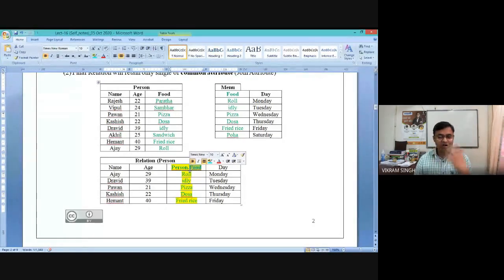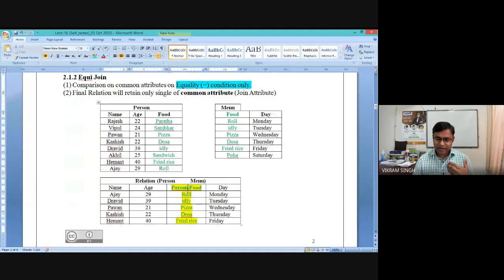So you should be, or maybe the system itself should be taking care of it, right? So in the case of equijoin, we will have only one instance of the join attribute in the resulting relation. That's one. Second property is it will take care of only the equal condition, right?